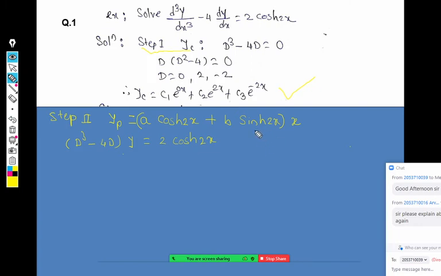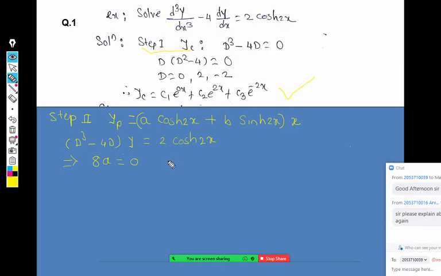Because you can see here, you have to compare the coefficient of sinh x and cosh x on the RHS. The RHS has x sinh, which will be 0, sir. 0. So this gives us, I think you said 8a, na? 8a is 0, yes sir. Okay. Next, can you tell me the coefficient of x cosh 2x?